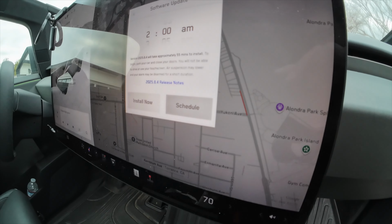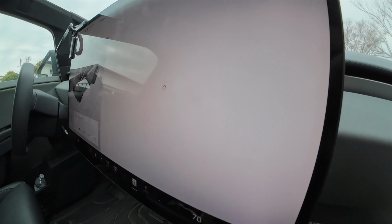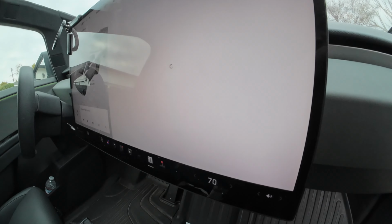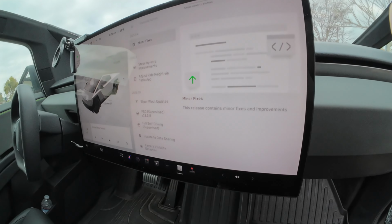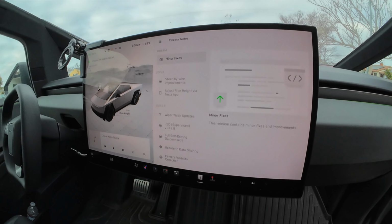Version 2025.8.4 will take approximately 55 minutes to install. What is in this new version? Let's see. Minor fixes again. What the? Alright,